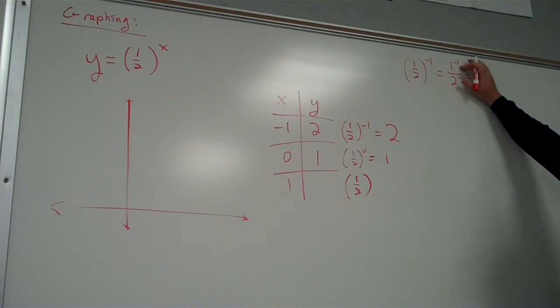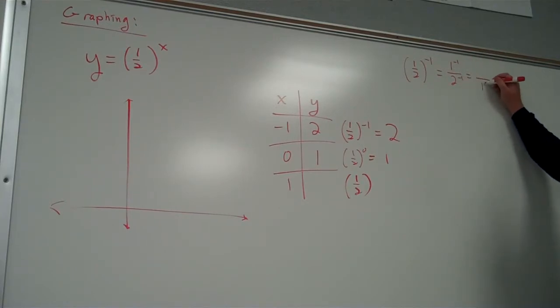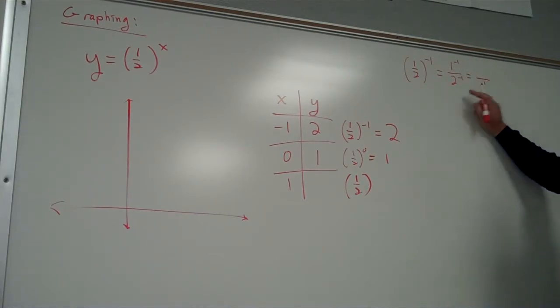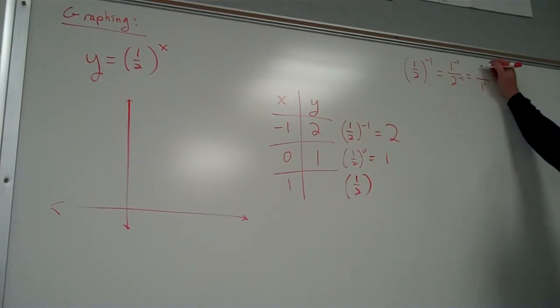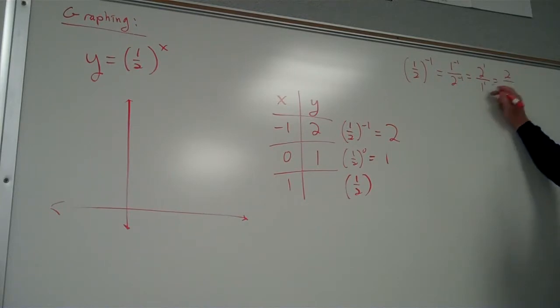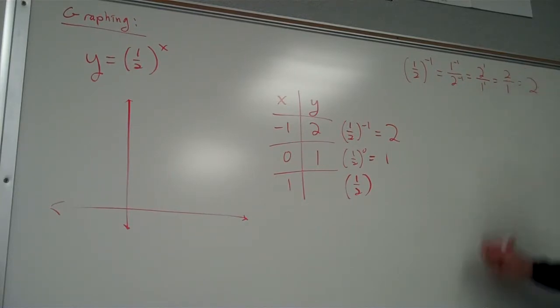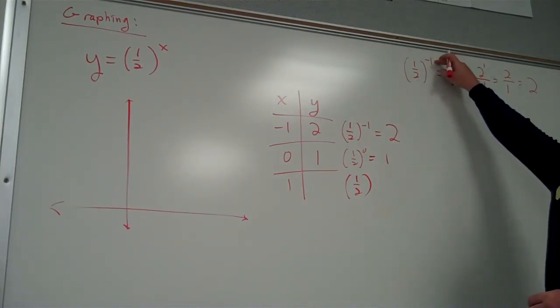So if you have a negative exponent on the top of a fraction, it becomes a positive exponent on the bottom. If you have a negative exponent on the bottom of a fraction, it becomes a positive exponent on the top. 2 to the first is 2, 1 to the first is 1, 2 divided by 1 is 2. The shorter version is, if you have a fraction and the exponent is just negative 1,